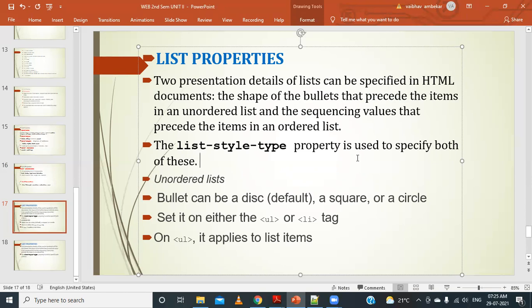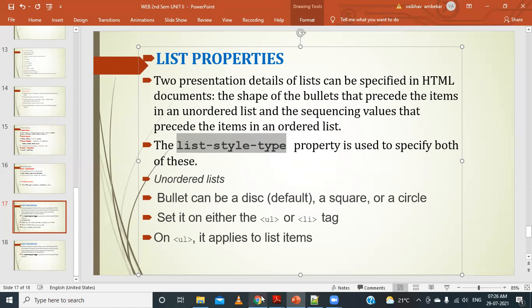To design all this, we use the properties called list properties. Whenever we want to set the list properties, we have to use the property list style type. This property is used to specify both, whether we are applying it to an unordered list or an ordered list.